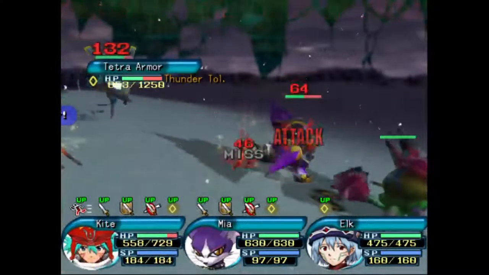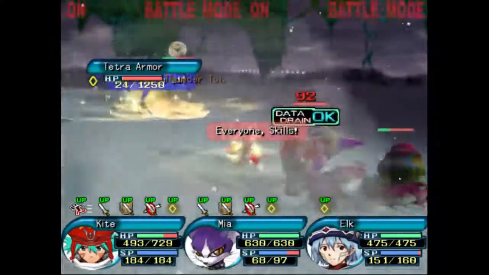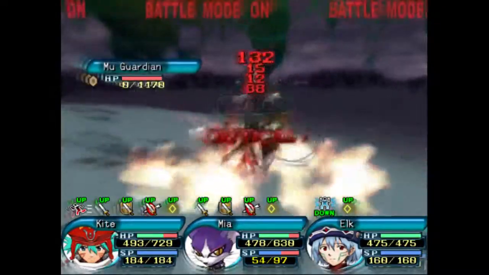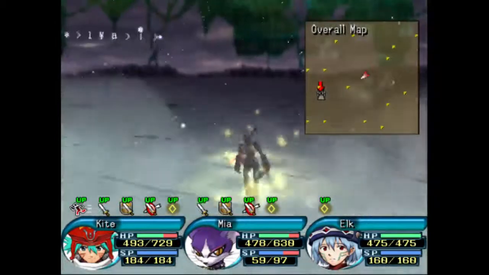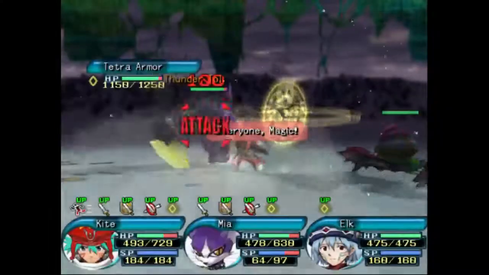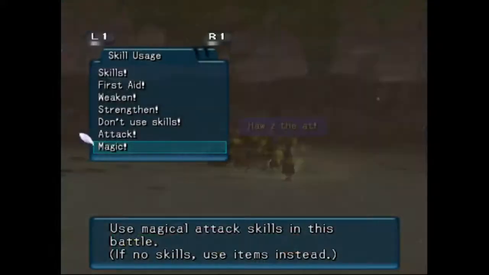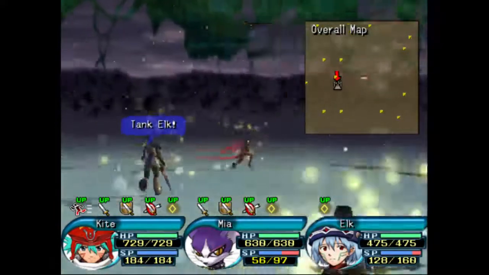Okay, this feels a lot more appropriate. Yeah, that went a whole lot smoother. I think as you can kind of see, having a magic user with you now really changes a lot. He can cast so much stuff and can do so much damage. I mean, it's just...